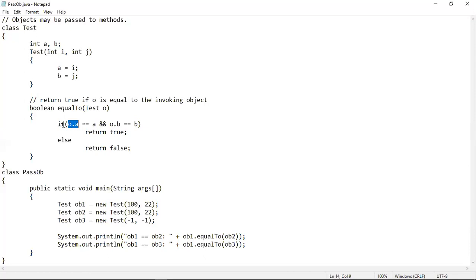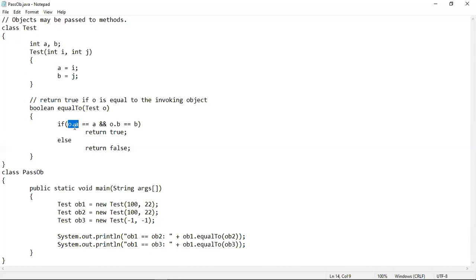The first one, O dot A, actually means OB3 dot A because OB3 has been passed into O. So O dot A means OB3 dot A. Now using the object OB3, what value are we passing into A? Let's see. So here in the statement, we can see that a value -1 has been passed into I, then into A. So using OB3, we are passing a value -1.